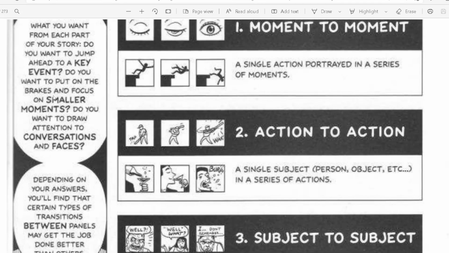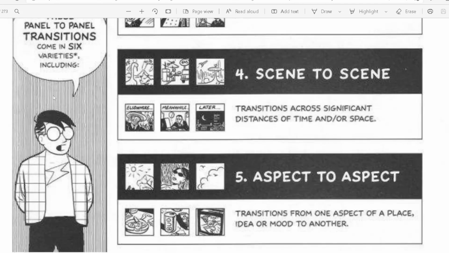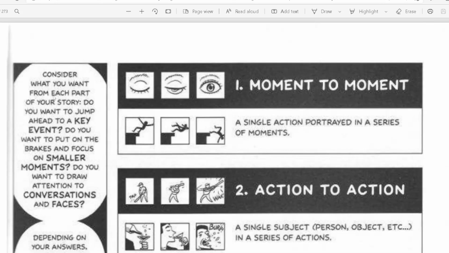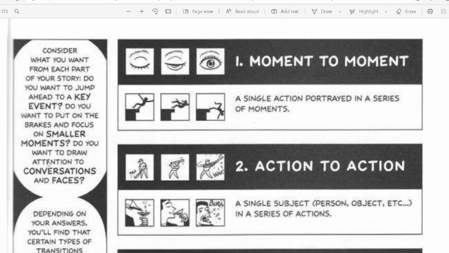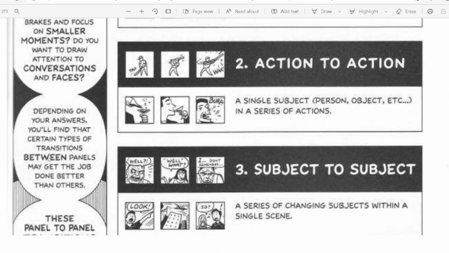Now let's see what the author is saying. Consider what you want from each part of your story. Do you want to jump ahead to a key event? Do you want to put on the brakes and focus on smaller moments? Do you want to draw attention to conversations and faces?